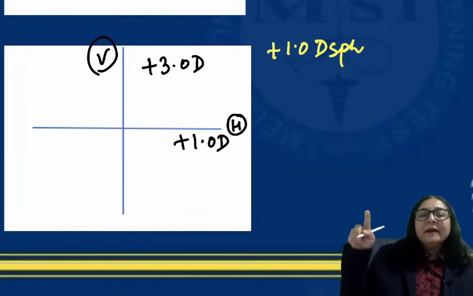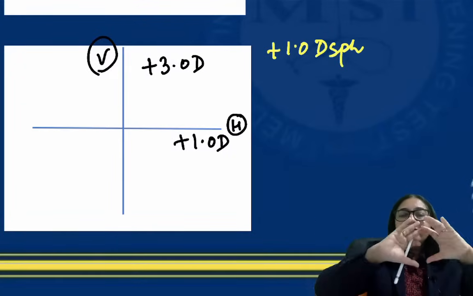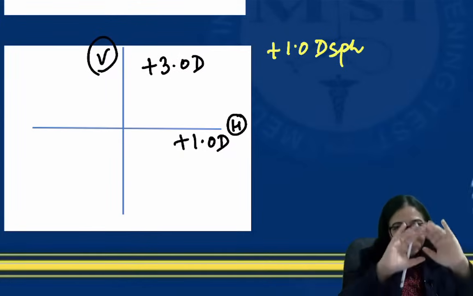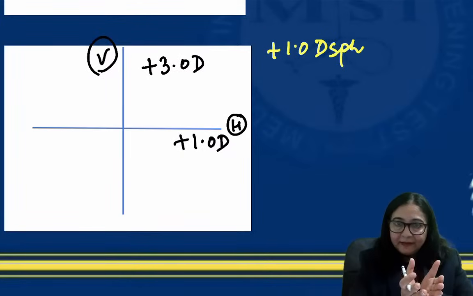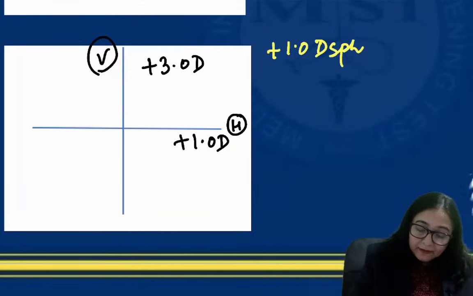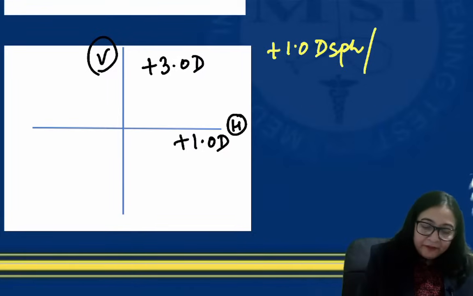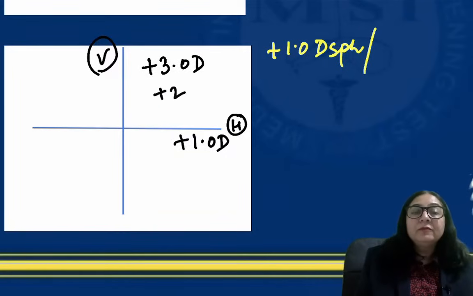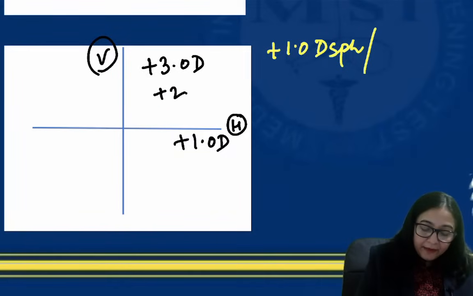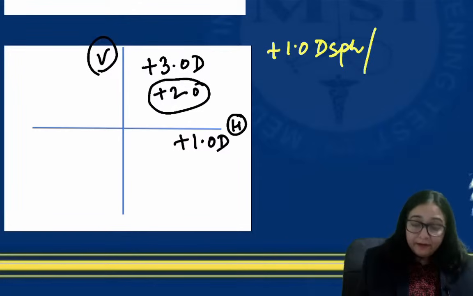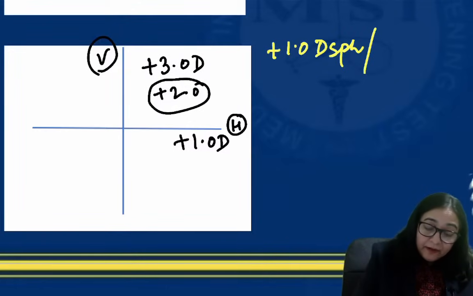Now when you give +1 diopter sphere, the sphere is going to provide that correction all over 360 degrees. But the vertical meridian will still be under corrected with +1. So it means the vertical meridian will be requiring +2 more here, +2 more here. So you will be giving +2 diopter